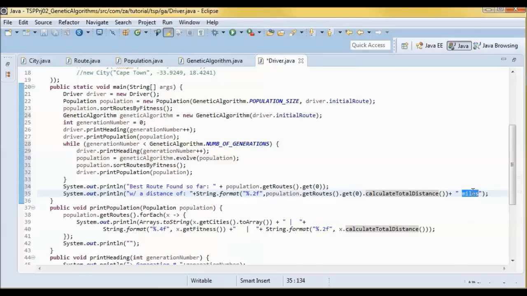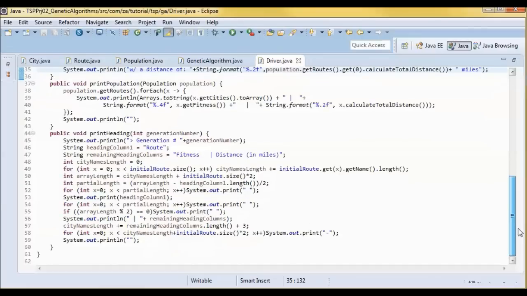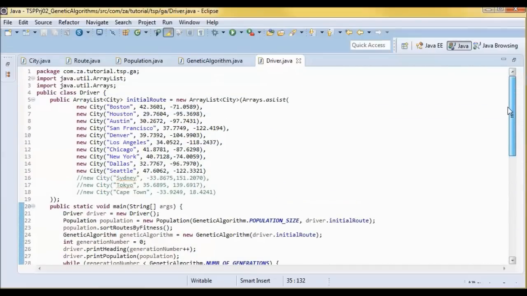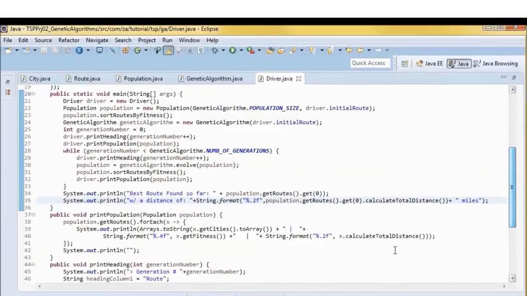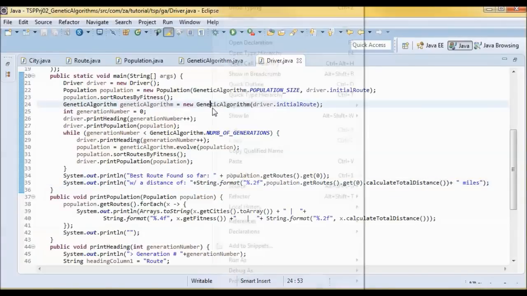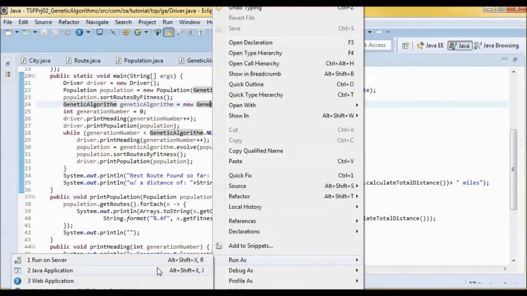This would be in miles. So this should do it for main. Next, let's go ahead and test run it.